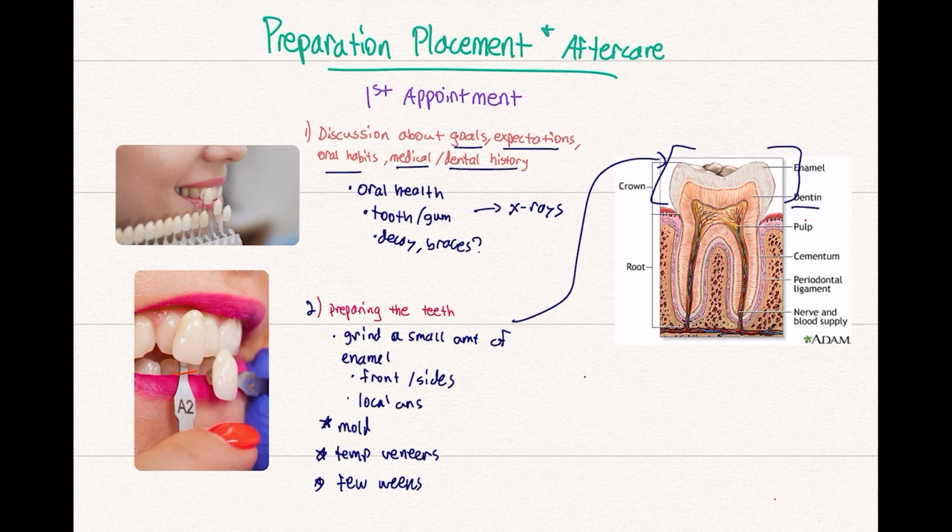Something I do want to mention is that if you have composite resin, you might not need any of that. You might not need to get your enamel reduced. You might not need temporary veneers. And you might not need local anesthetic because you don't need to get your enamel ground away. And these are like the same day and things like that. Again, there's all kinds of different variables and options. But for the most part, at least the traditional process, it'll take a couple appointments and they'll grind away that